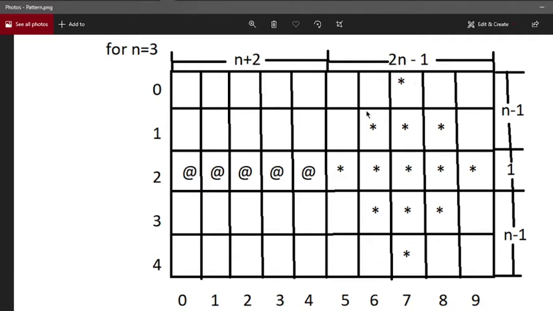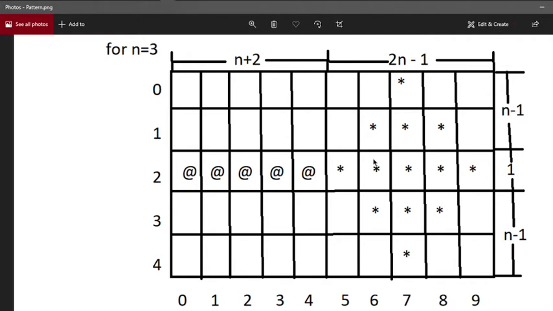After printing white spaces we have to print some stars. For the very first line we print 1 star, for the second line 3 stars, for the third line 5 stars. If there were a fourth or fifth line, considering n equal to 5, then we would print 7 stars and 9 stars, and so on. So we are increasing our stars by 2, starting from 1. At the beginning of the loop the value of i will be 0, and for 0 we print 1 star, and for 1 we print 3 stars. So we can generalize it: 2i plus 1 times we print a star for each i.